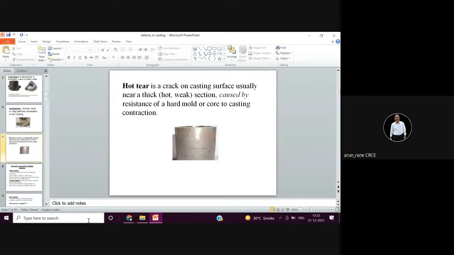Like suppose if you take two glasses, और एक में bottom thick है, एक का bottom thin है, and if you pour a hot liquid, so the glass having thick bottom is more susceptible to the crack. Remember, not thin,